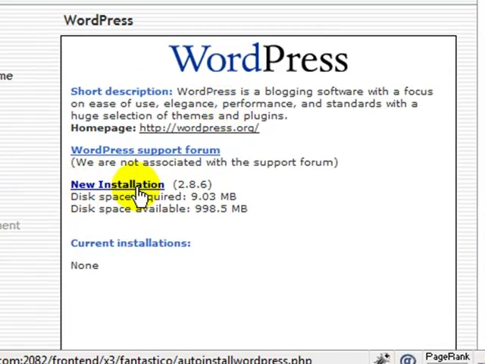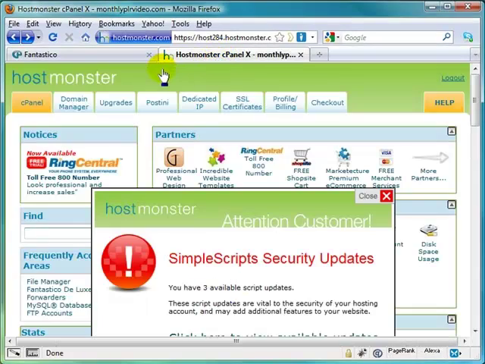And right here, I wanted to point out that the new version, as far as the new installation for this particular process, is 2.8.6. Now, I'm pointing this out because on HostMonster, and I don't want this to be a testimonial or a selling pitch for HostMonster, they are, however, a pretty good web hosting service. But with them, however, and there may be other ones out there too like this, just that I don't have accounts with them,